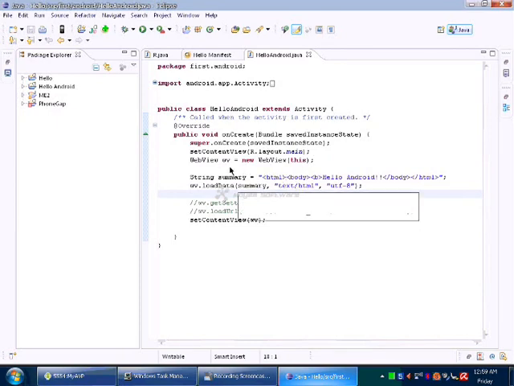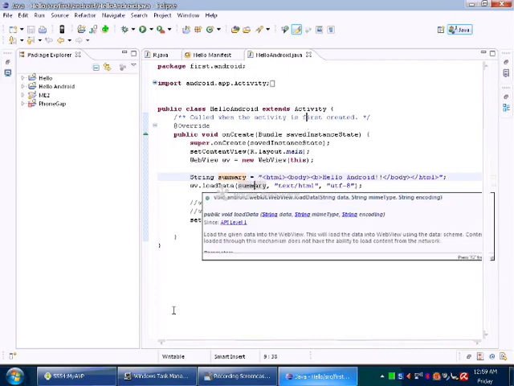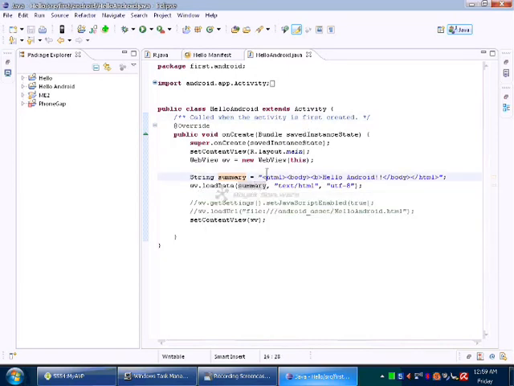So we use the class WebView and this is the HTML code represented as a string, and we use the method loadData. So it's simple.